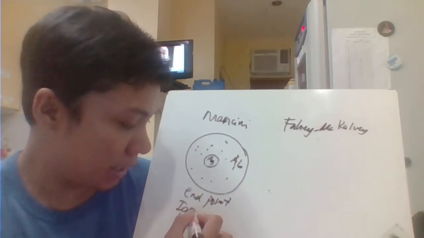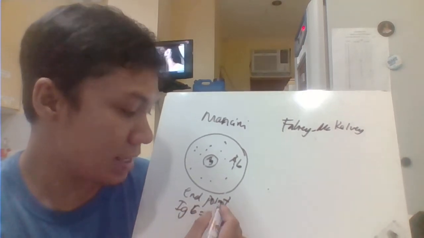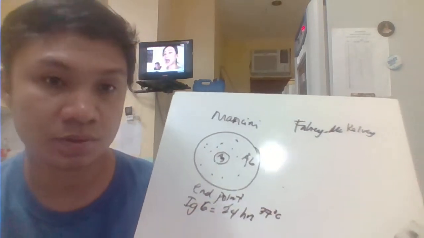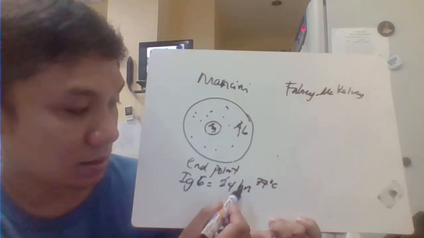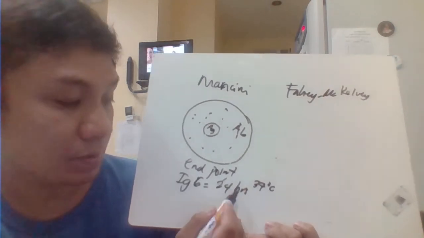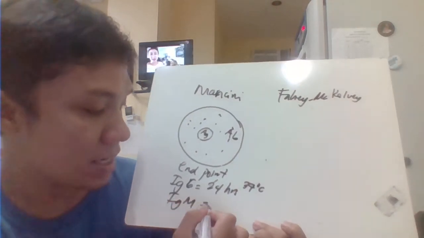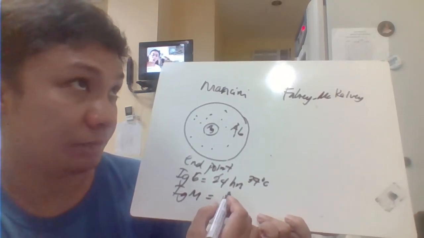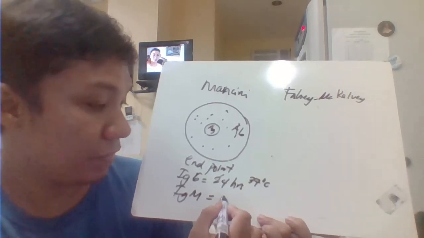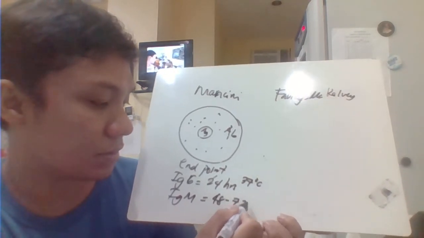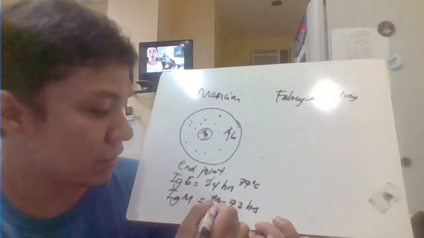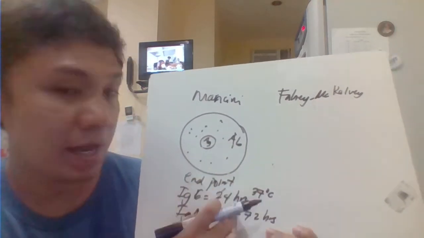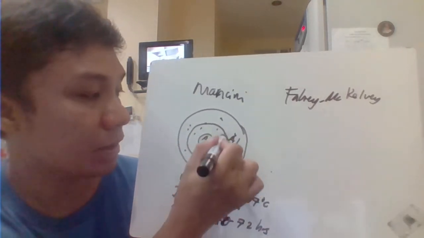Okay, if that one is your IgG antibody, then that's after 24 hours at 37 degrees Celsius. Okay, let it diffuse after 24 hours at 37. If you are detecting for IgM antibody, then you try to monitor that one at 48 to 72 hours. Or you could have here 50 to 72 hours. Okay, and then after that, so after this time period of incubation, it will produce here a diameter ring,